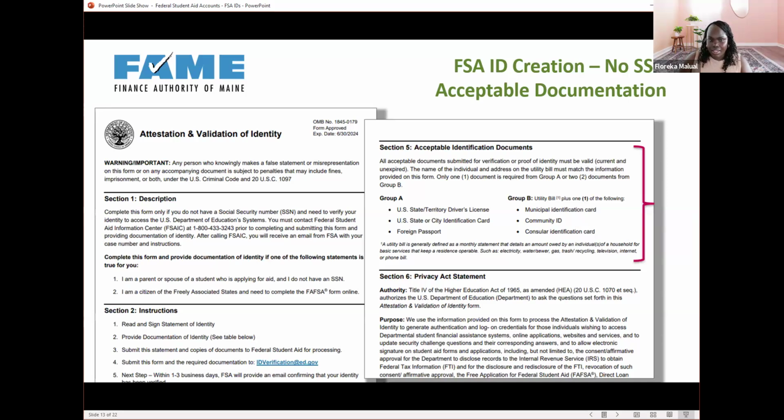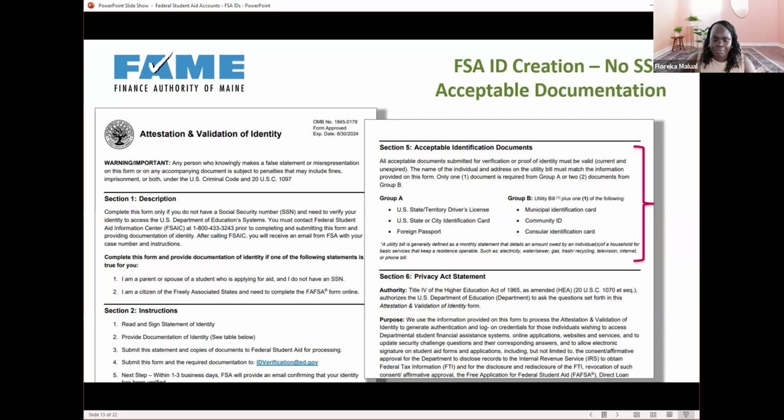This information will need to be sent following the instructions that they will receive with their case number. It's very important to have all of this documentation available, because if they don't have all of this information, then it will backlog the process of getting their identity verified,